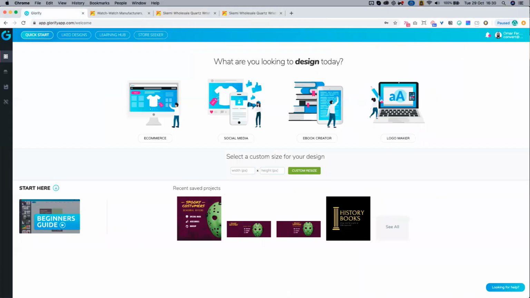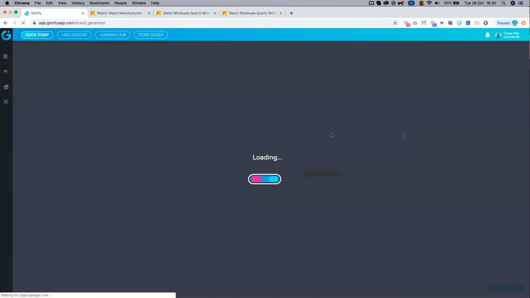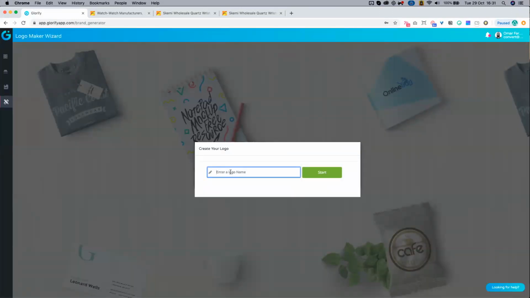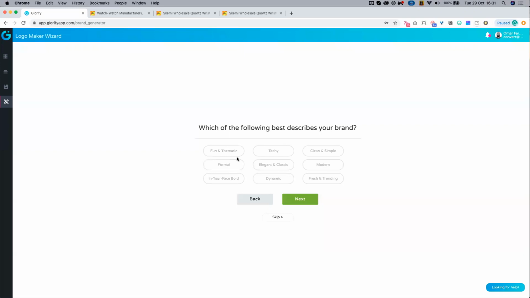And we'll go into Glorify, and we'll start with, we've got our image, but we'll start with the logo first, okay? So how about we just do something random, like space watches. So watch from space, right? So we got our brand name together, and now,